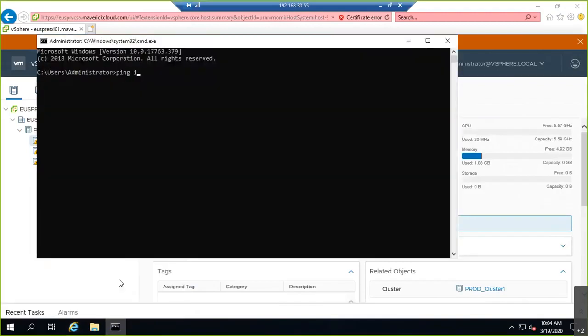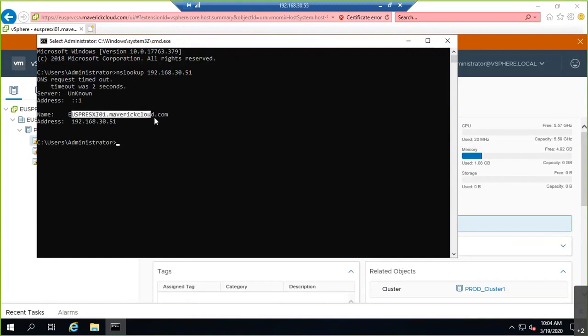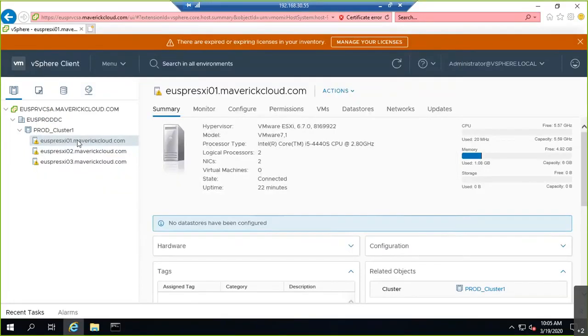Let me do an nslookup on 192.168.30.51. So what is this? This is the host name. This is the first host, 01, right? So I'll go to 01